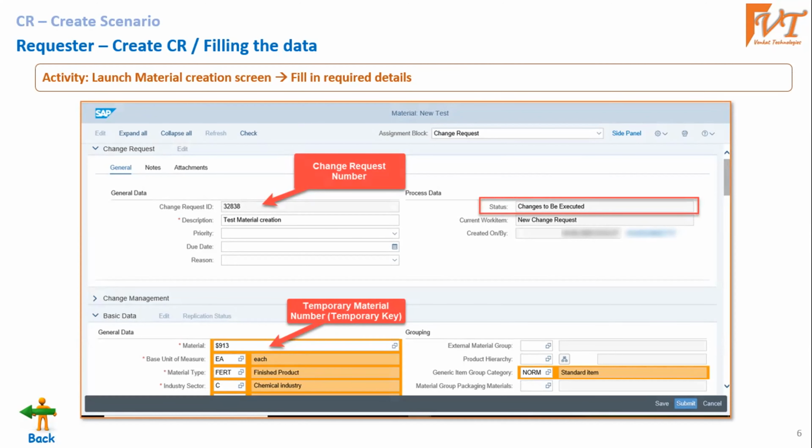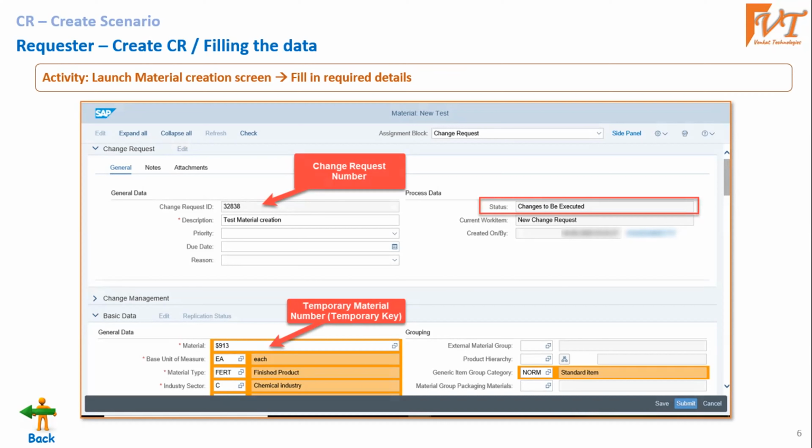Similarly, in MDG also, it's not like after you enter all the required material data, it will get created in the system. We'll be implementing an approval flow to ensure the quality of the master data.